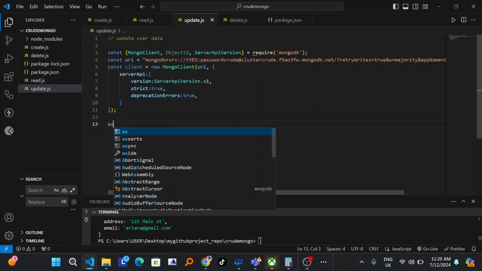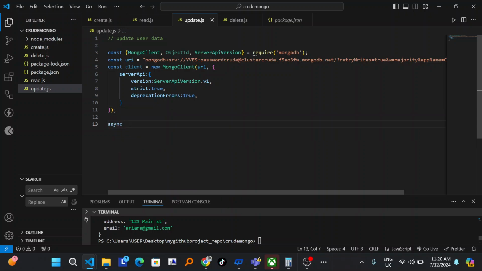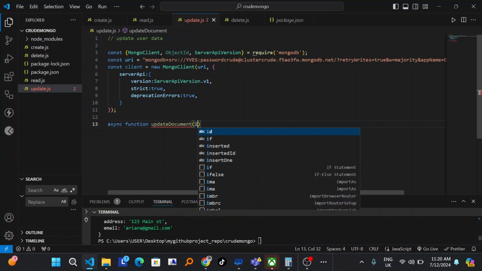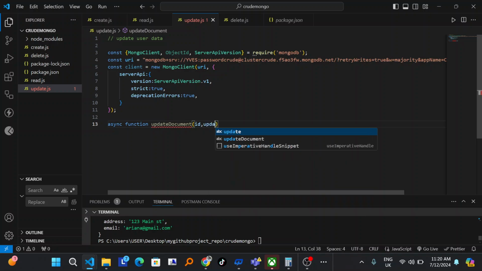comma, async function updateDocument(id, updateField), right, and then I have to open two curly braces and try catch function, open two curly braces and put catch here like this,